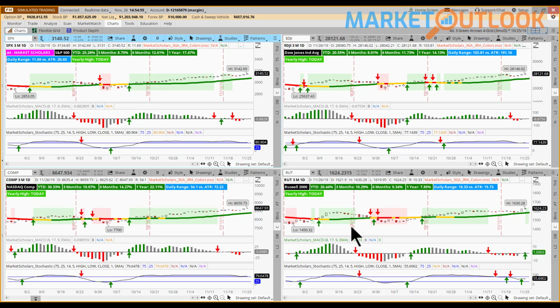So anyway, as we look at this particular chart setup, it is our 3 green arrows chart setup. Right now, we only actually have 1 out of our 4 charts that have 3 green arrows, and that is the Russell 2000. As you can see, that small cap index does have that light green shading all the way to the right-hand side of the chart right there. Reason for that is we were able to get our green arrow on the MACD histogram here today on the small cap index, and that completed the 3 green arrows